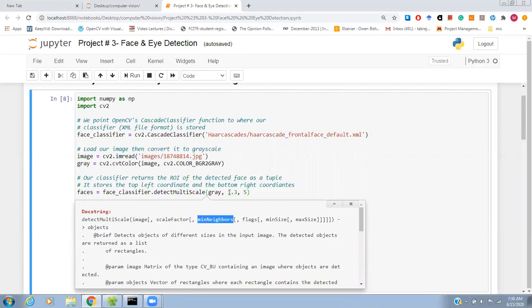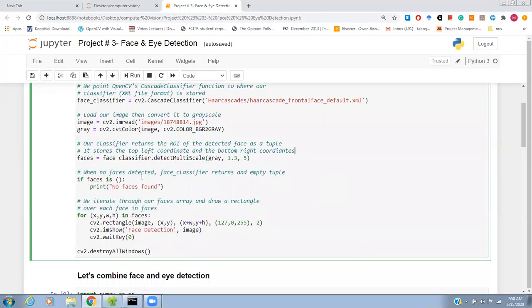We use scaleFactor 1.3 and minNeighbors 5. On this basis, it will detect objects of different sizes in the input image, and the detected objects are returned as a list of rectangles. They are stored in faces, and if no face is there, it will say no face is found.